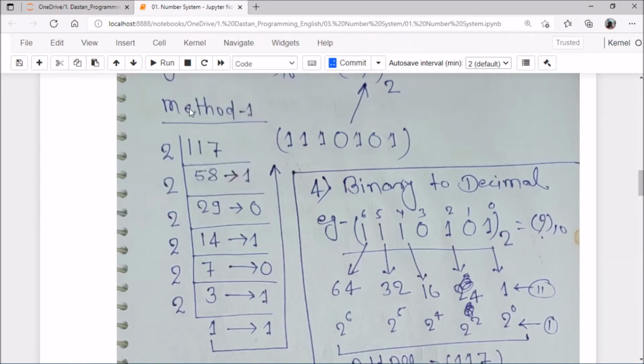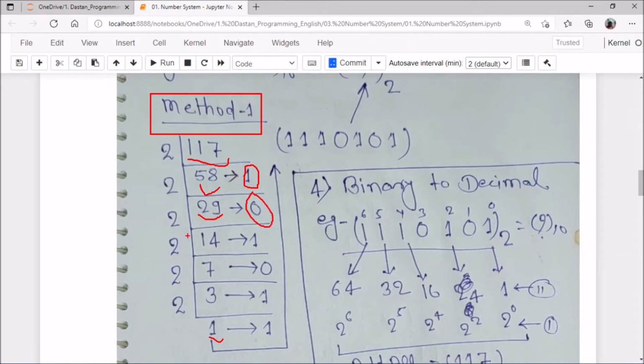This is the first method. Simply here we divide by 2 until we get 1. Here I am dividing 117 by 2, then it will be 58 times, and the remainder will be 1. Then again dividing 58 by 2, we get 29, and here the remainder is 0.